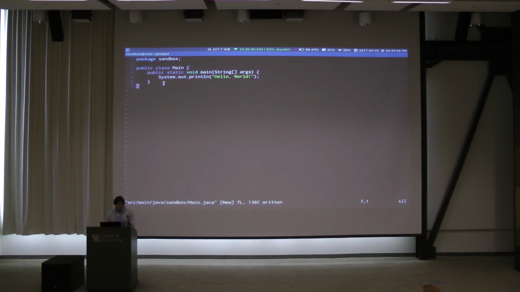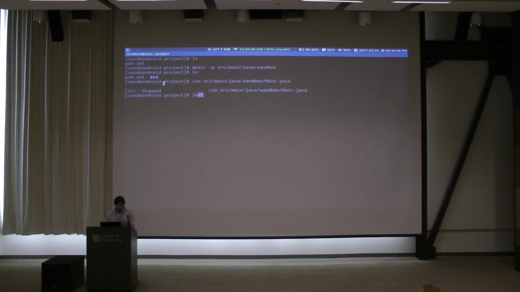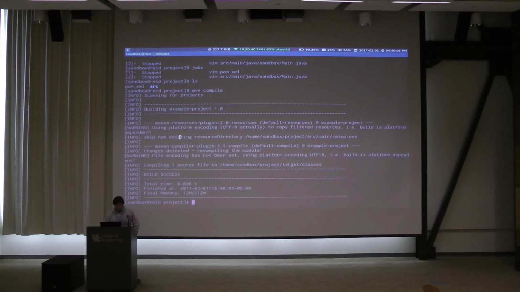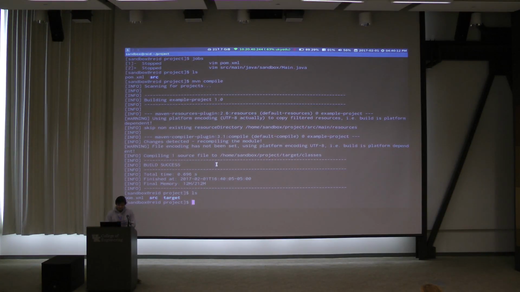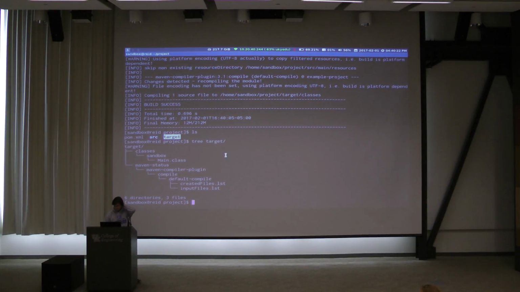Okay. All right, so great. We have a Java file. Let's compile it. Maven compile. Cool, build success. I like seeing that. Okay. Now, you'll notice there's something different this time. When I compiled before, nothing happened, it seemed. There's actually a target folder now. So let's see what's in there. Okay, there's some classes. It's Main.class. That's the class file for the Java file. And there's some other stuff that I don't know what it is, so I'm not going to talk about it.